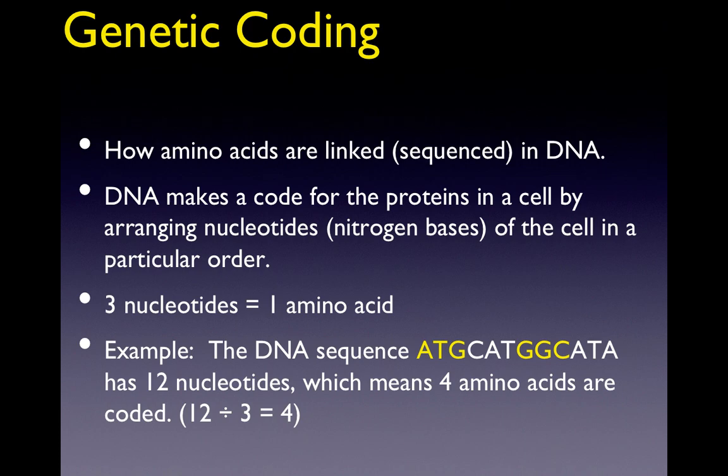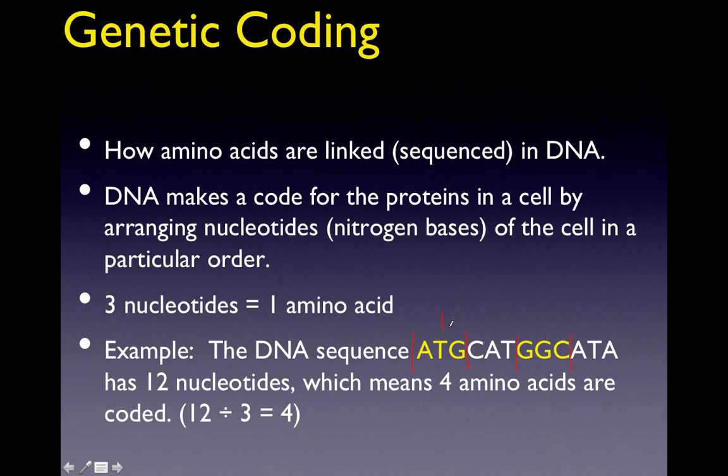So here's an example. The DNA sequence is ATG, CAT, GG, CATA. As you can see, my cursor's coming over the top of this. I did them in different colors so you'd be able to tell the difference here. You got 3 here, which is going to equal, we're going to go ahead and draw on this. This is going to be 1 amino acid. Okay, if you ever get this question on a test, hint, hint, hint, hint, if you ever get this question on a test, you can put lines for every 3